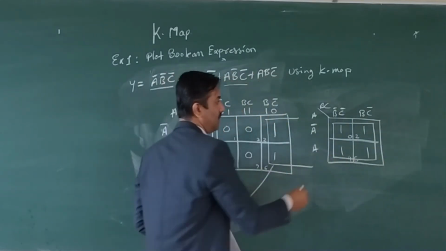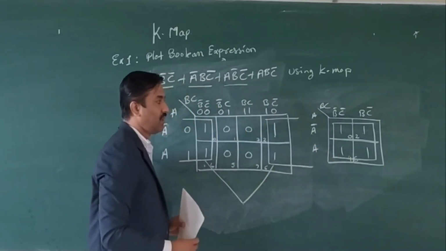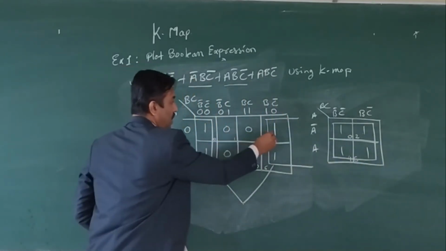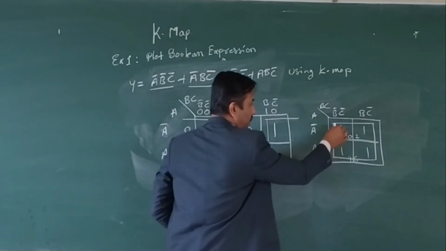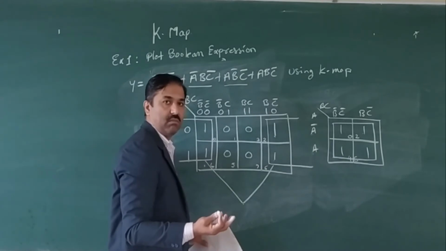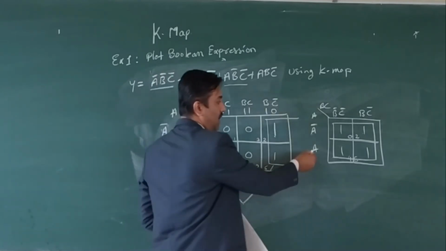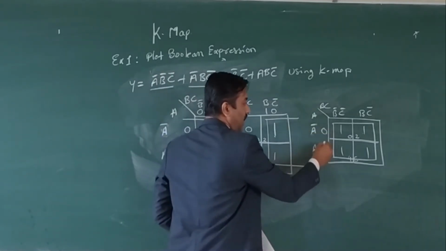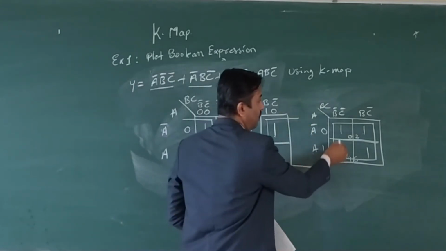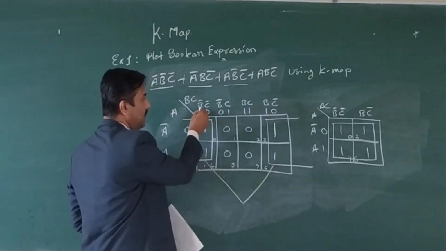Now for these 2 pairs it is A bar and for these 2 pairs it is A. As I have grouped all these 4 ones together, for these two it is A bar and for these 2 it is A. Again, the variable holding a value is changing. Here it is 0 and here it is 0 and here it is 1. So I cannot take these 2. So what I am going to do is go to the upper half of the K-map. For these 2 ones it is B bar, C bar.